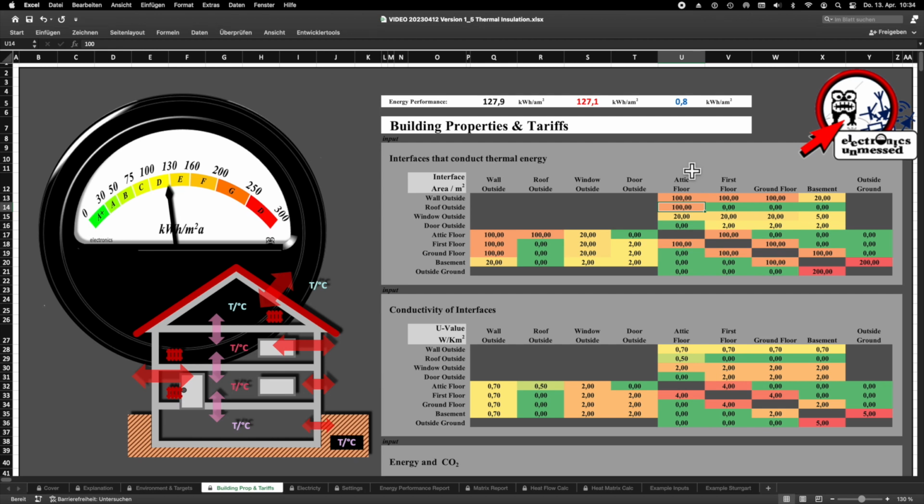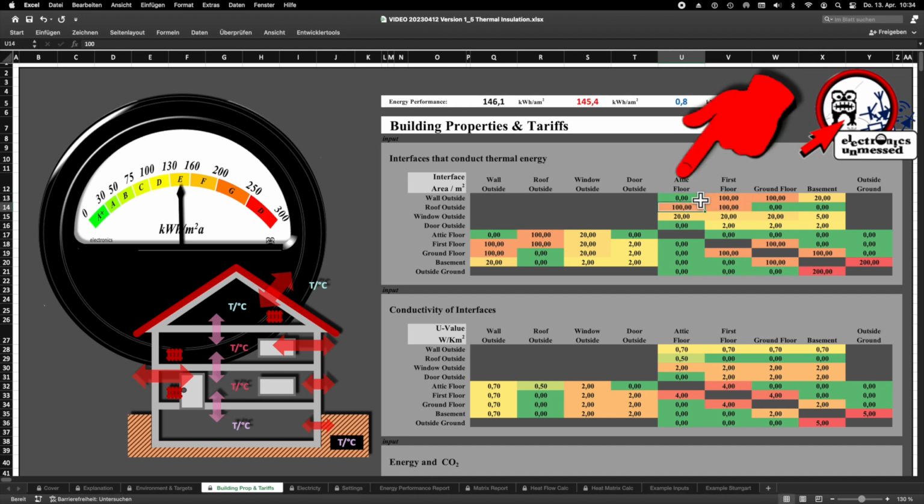Now we are going to virtually dismantle the top floor. We give the next lower floor the roof area of 100 square meters and we set the false ceiling to 0.0001 square meters. We can't use exactly 0 square meters here, otherwise we will get a numerical overflow as we saw in the last episode.